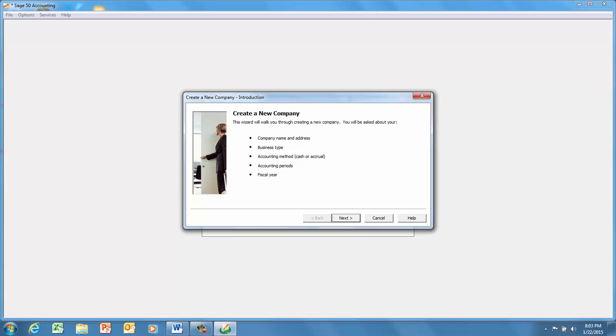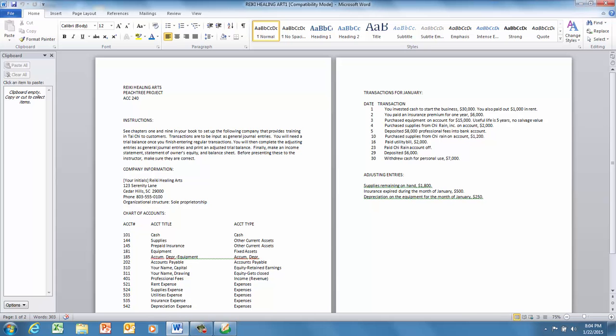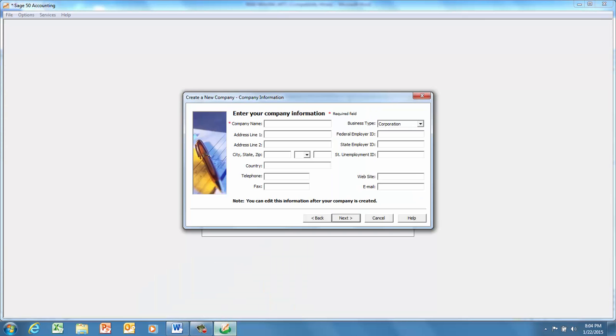Okay, this is the information you're going to have in front of you before you proceed, and we'll hit Next. Now it wants the company name, so I'm going to take a look on here, and this is Reiki Healing Arts, and don't forget to put your initials in there. Okay, and this is a sole proprietorship. Now here's an address and a phone number as well, although for this YouTube I'm not going to bother putting those in. So I've got my initials and then Reiki